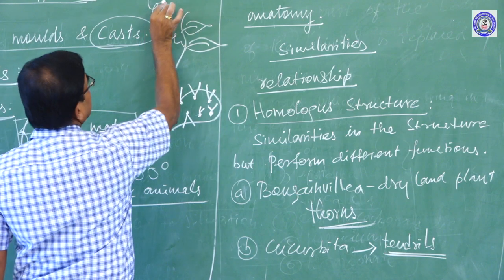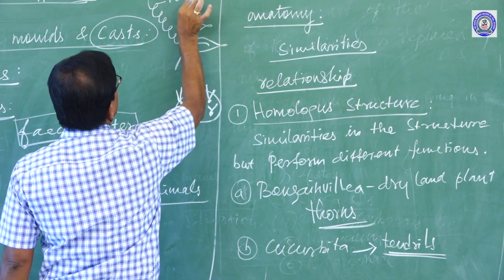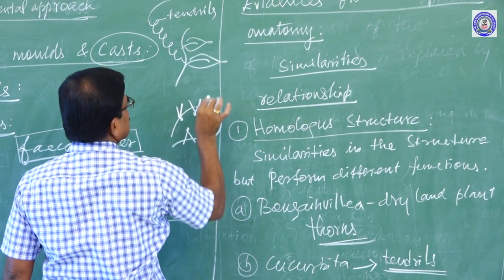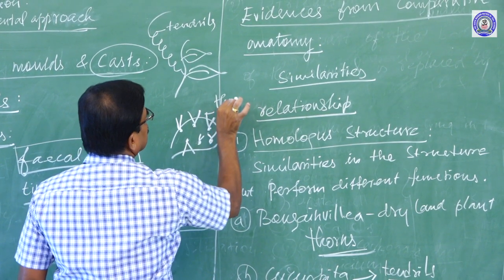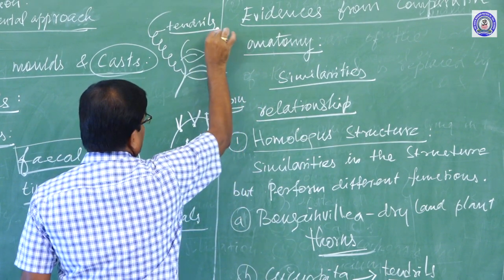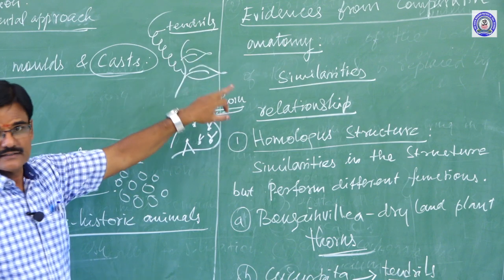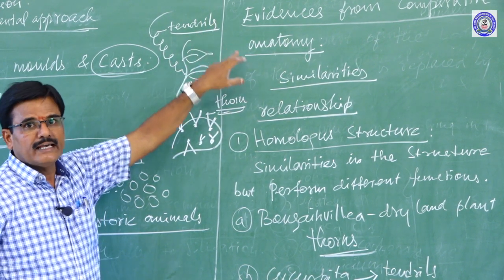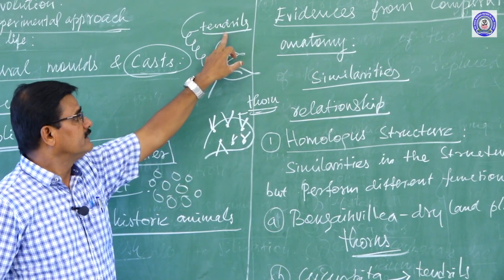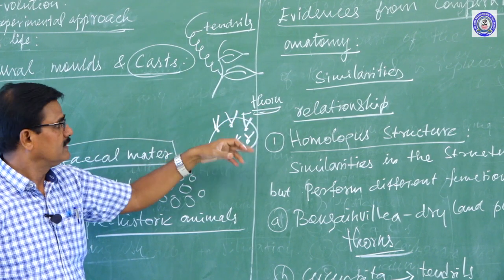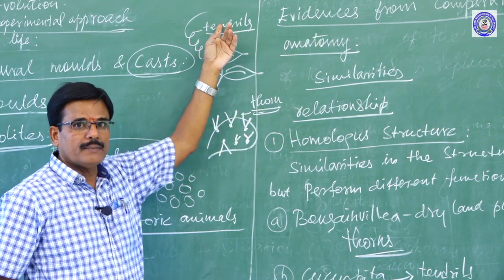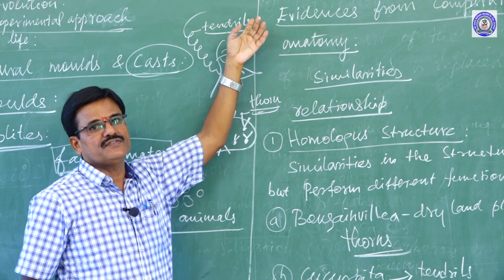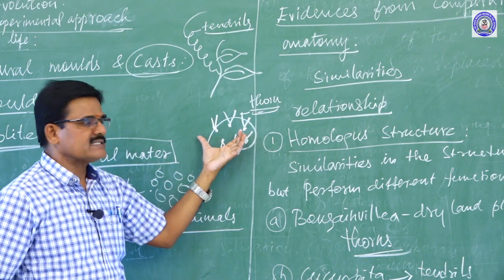This is said to be tendrils. This is thorn. Both tendrils and thorn are the same structure, but they do different functions. The structure is the same, but the function performed is different. What function does it do? You know